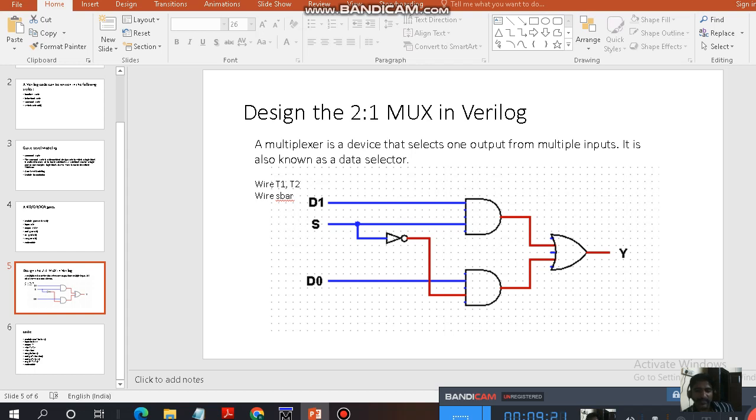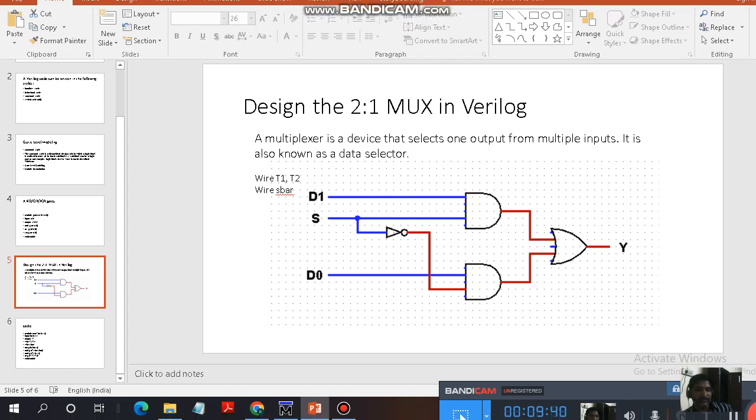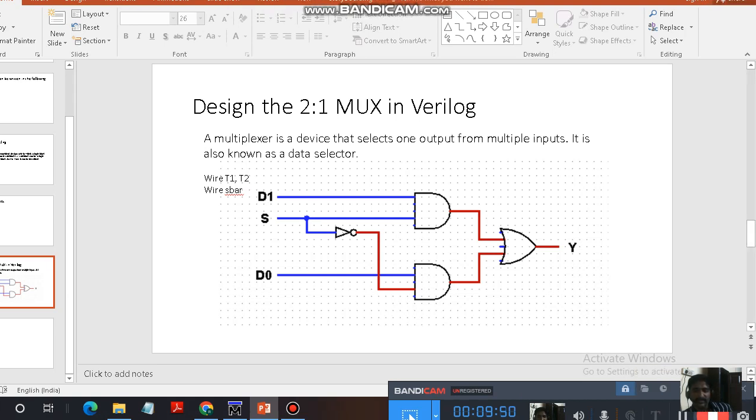The condition for select signals is that for 2 power n inputs, the select signals will be n. Here 2 inputs is nothing but 2 power 1, so n value is 1 and the select signal will be 1. If it is 4:1, the select signals will be